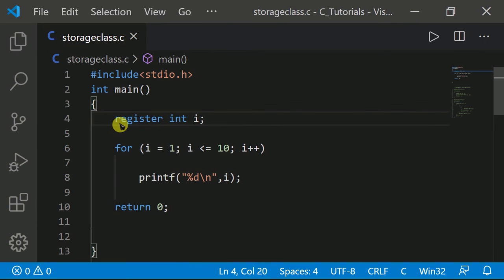So we can't say it is stored in the CPU register, but the register storage class's job is to try to store your value in a CPU register. That is the use of the register storage class.